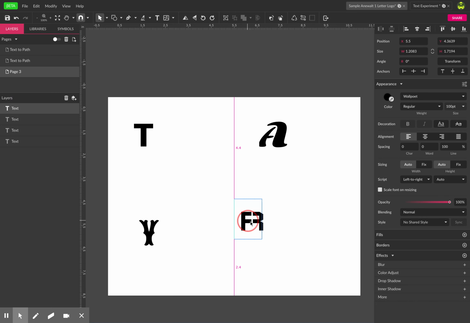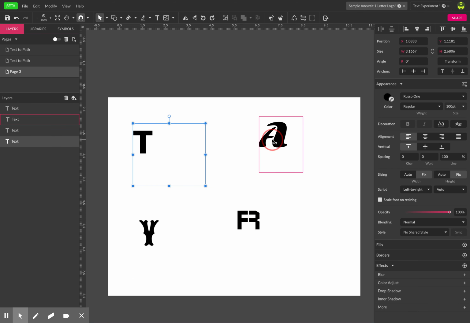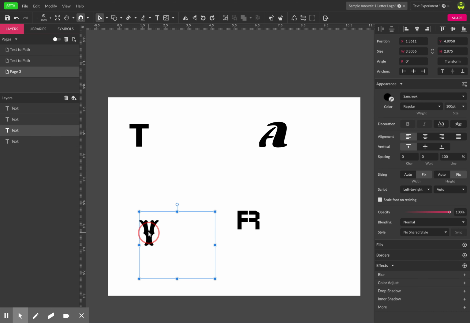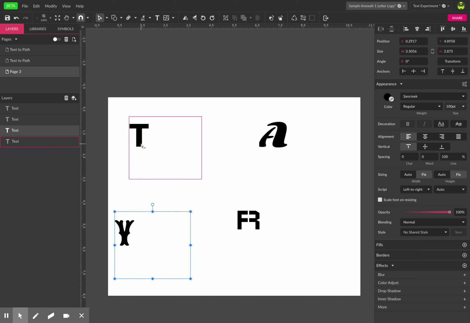So that's a regular text. You can't really edit it. If you hit the sub select tool, you're not really going to be able to do much with it. So we're going to duplicate it and then change it to a path with this little button right here. So for each of these, just so you see what the original looks like, you just scoot it over a tiny little bit